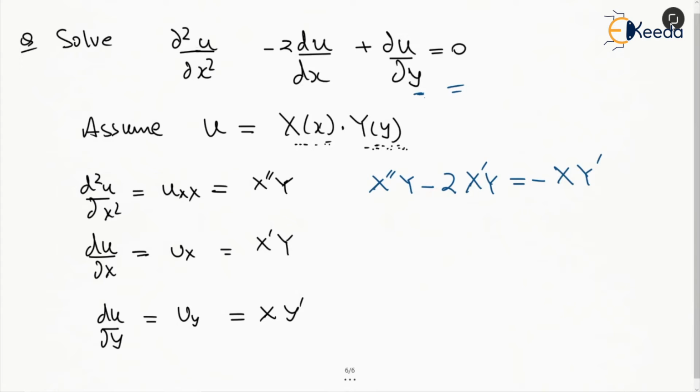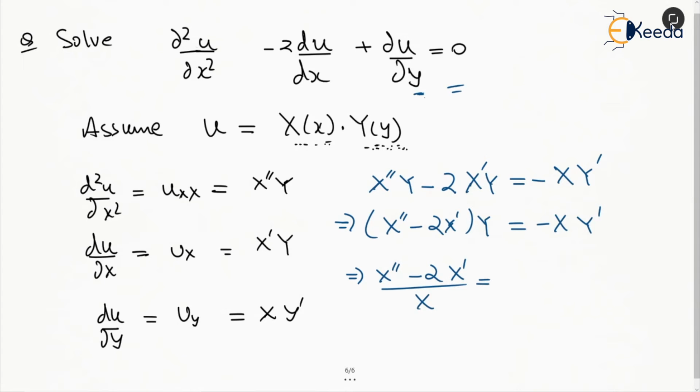Now we can separate this Y from left hand side and write it as X double dash minus 2X dash times of Y equal to minus X Y dash, which we can write as X double dash minus 2X dash by X is equal to minus Y dash by Y,